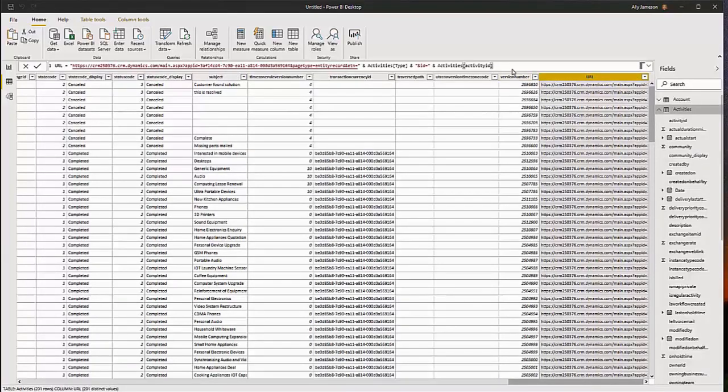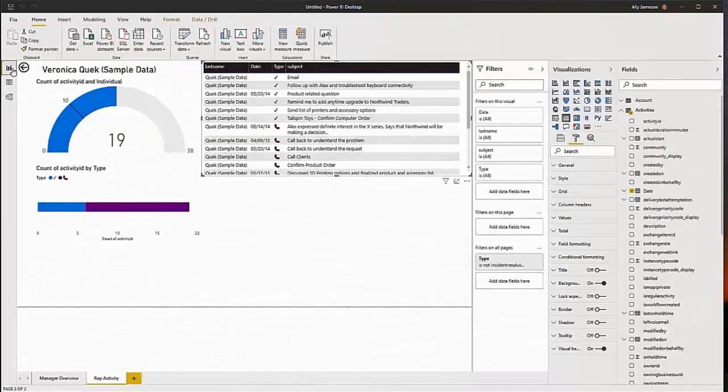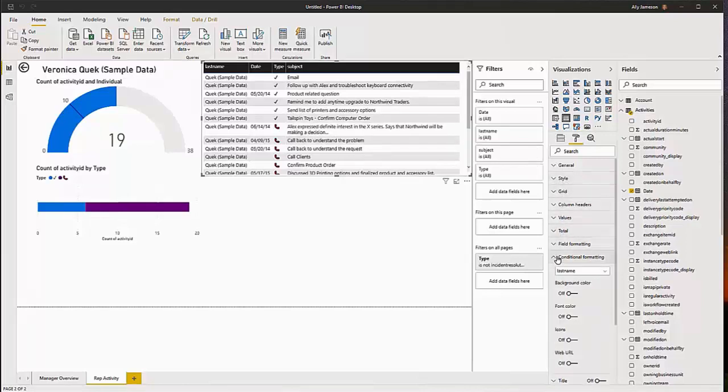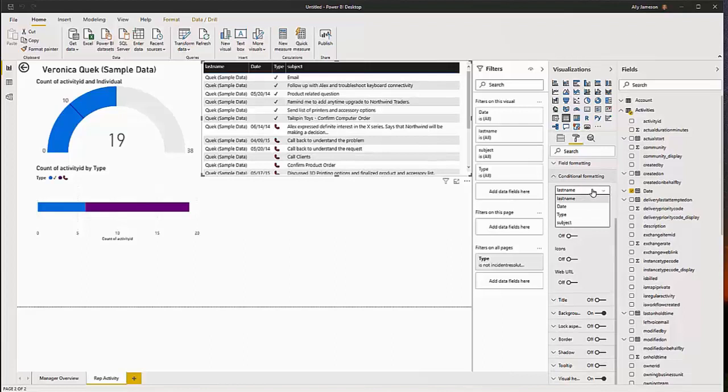This is a DAX code. And this DAX code is going to basically be a CRM URL. So I've gone to CRM, I opened up an activity, I figured out how that URL works, I pasted it in here, then I grabbed a couple of fields from the system and used those to create a dynamic field